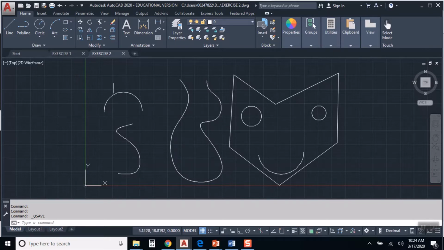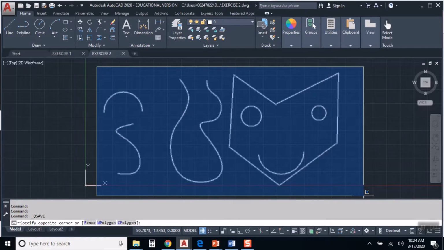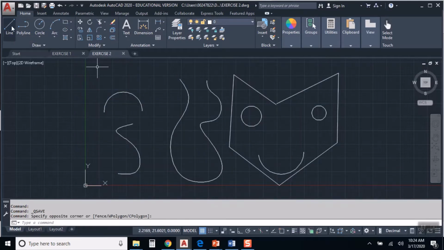Okay, so play around, practice, draw things that you want to draw, just so that you keep your proficiency with the different tools, and it'll also keep your interest level higher if you get to make some stuff that you want to make once in a while, even if it's just goofy stuff like this little face here. So let's make a brand new file, and I'm going to do that by clicking on the button for new drawing,